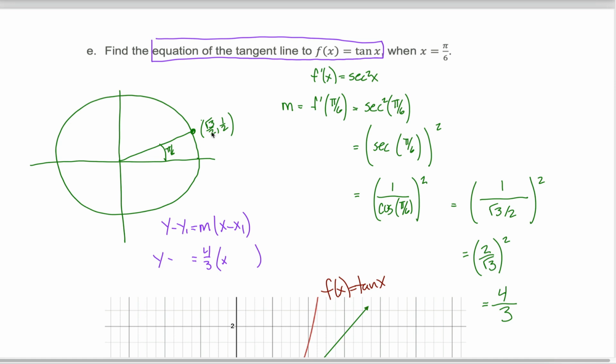But I bet at one point in your trig class you didn't do that. I bet you instead memorized some different tangent values. You memorized that this one, corresponding with pi over 4, has a tangent of 1 because it's a diagonal line. And then you remember that there are two other tangent values that you had to have memorized in the first quadrant, this one and this one. And one was the square root of 3 and the other one was the square root of 3 divided by 3. And maybe you were like me and you always confused the two of those,